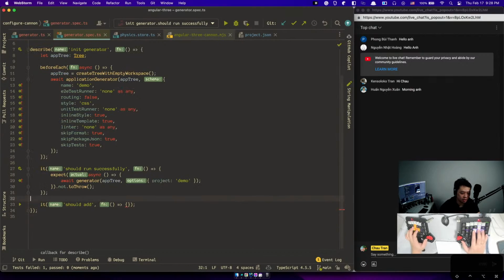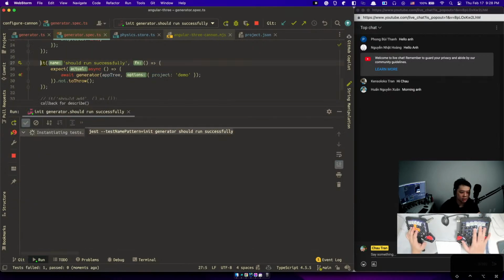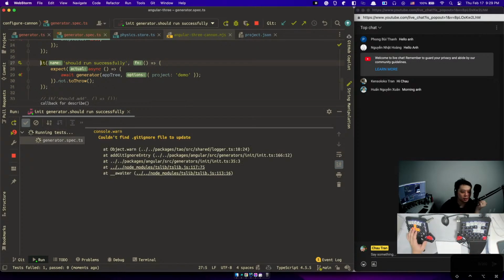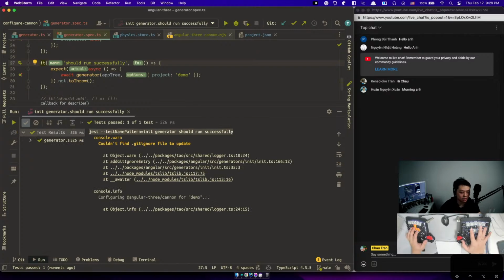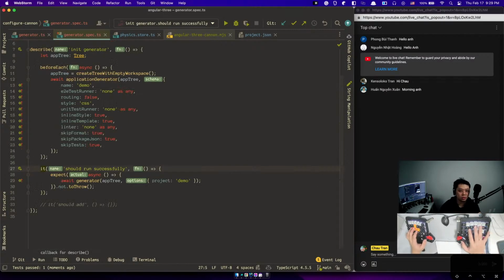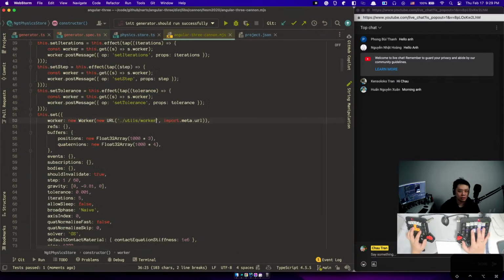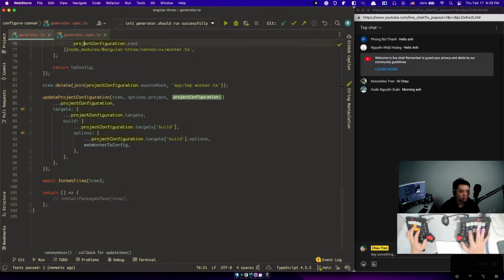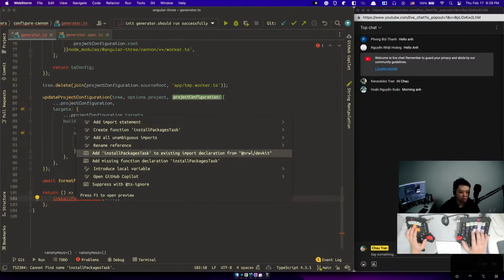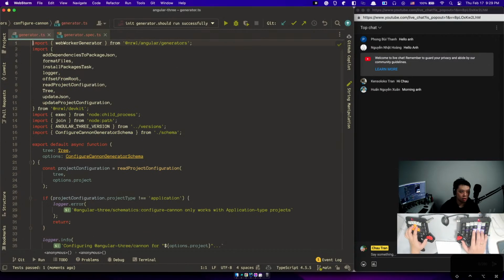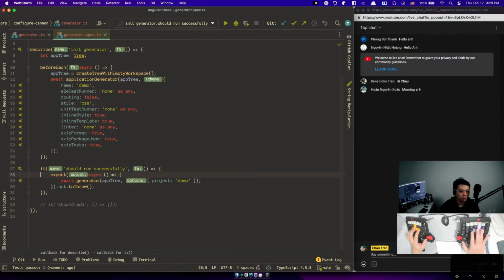Actually, let's just comment this out, and let's rerun this to make sure that it runs successfully. And I want to uncomment the install task as well. So let's close everything here. All right, go to this one and make sure this is on. There we go. All right, so now back here, let's make sure that